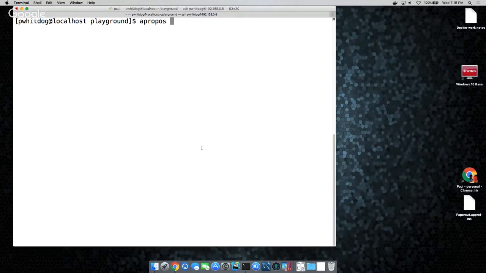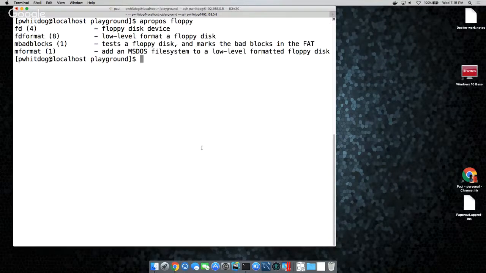So type apropos floppy, and it will search all of the man pages in the system to find the places where floppy is used. So you can find the commands that use floppy, right? It gives a list of man pages for possible matches based on search terms. So do man -k floppy, and we'll see it's the same thing. Basically saying, I think I can use a command called floppy. What is that one called again?